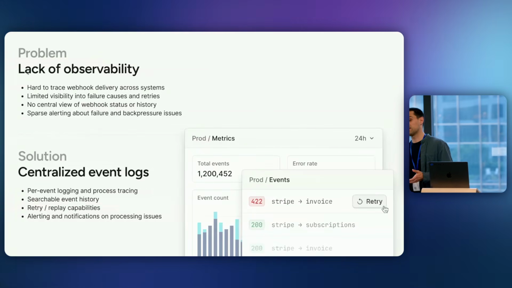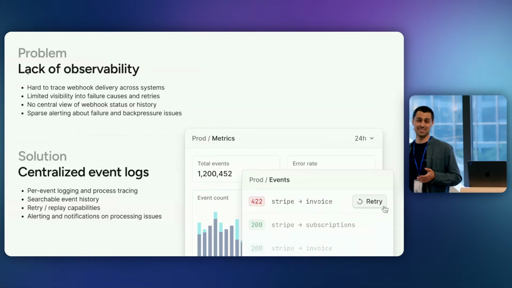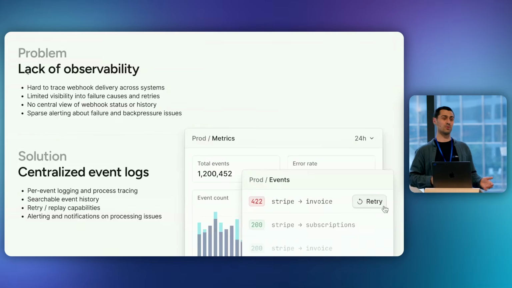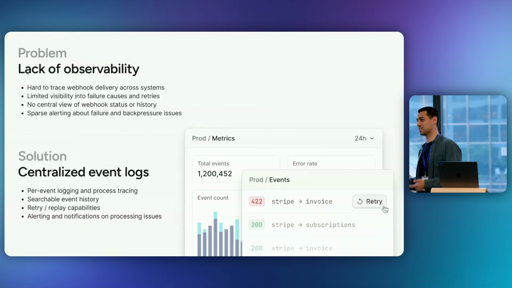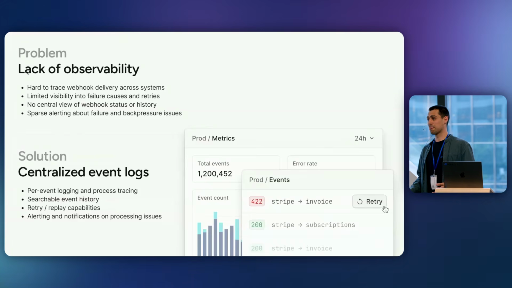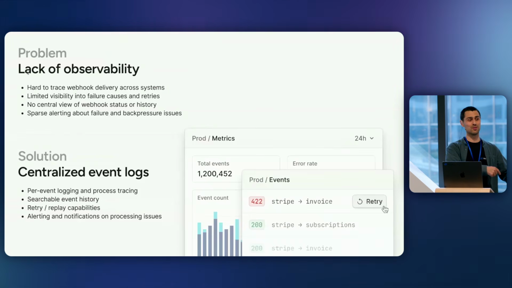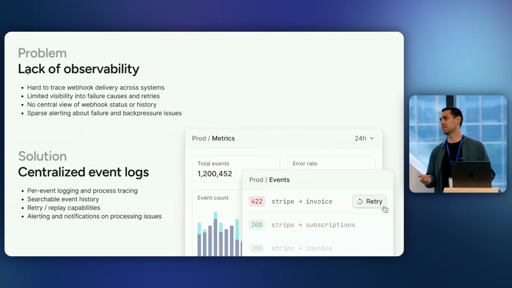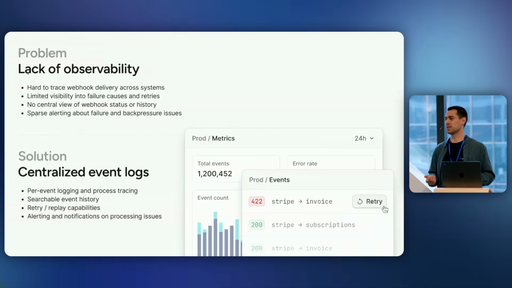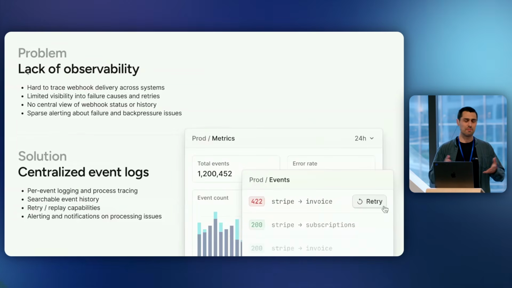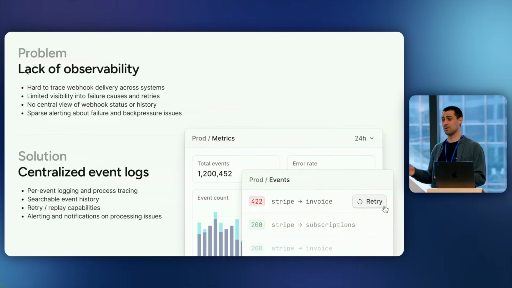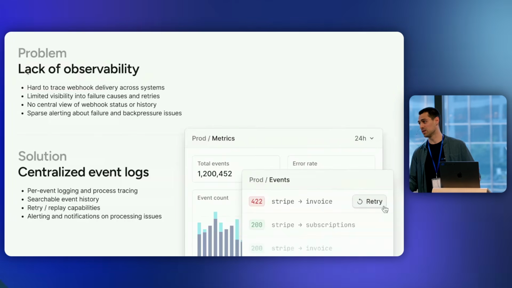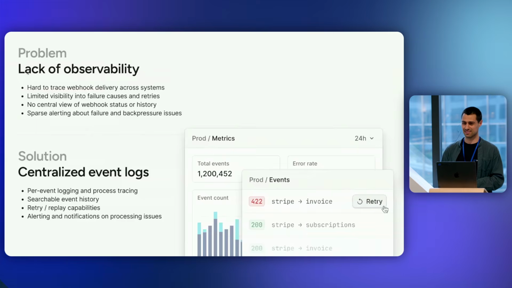And the last part is more often than not, people have built their centralized event log, they'll have a critical outage, and then they're like, okay, now we need to replay. And then they're not going to have built the replay tooling for it. And they're going to spend a week trying to build the replay tooling that is sufficiently efficient to replay, let's say, the 20 million webhooks that need to be replayed, right? And so depending on the scale that you operate at, you might need to have a little bit of foresight: don't wait until the incident happens before you build the replaying tool. Build a replaying tool before it happens, right?